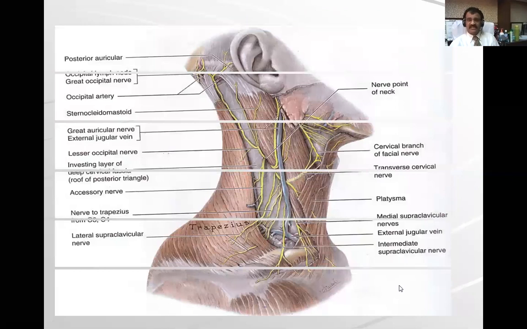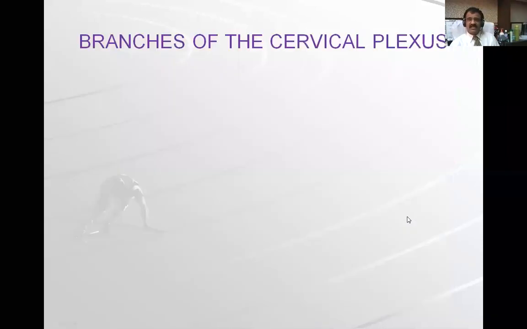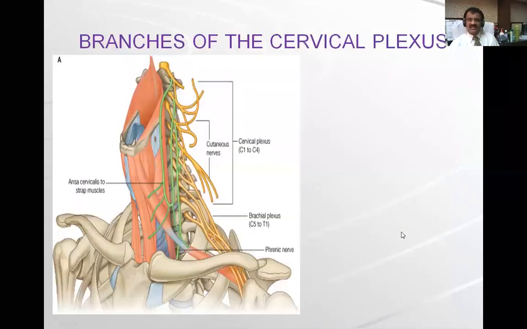Here in this diagram, it is again quite clear. You can see the accessory nerve coming from the middle point of the posterior border of the sternocleidomastoid muscle. Other structures we also see are branches of the cervical plexus we talked about, and you can see in this diagram branches of the cervical plexus. So I told you the cervical plexus is above the brachial plexus, and it is for C1 to C4, because C5 onwards they take part in formation of brachial plexus.